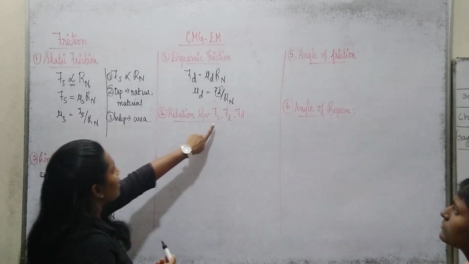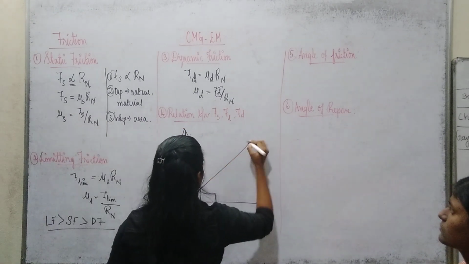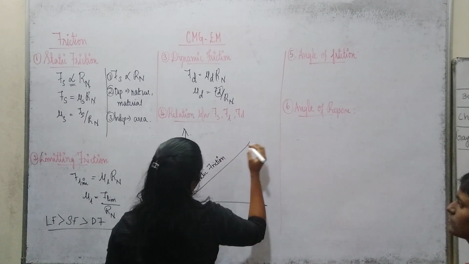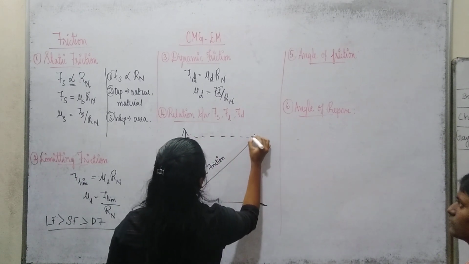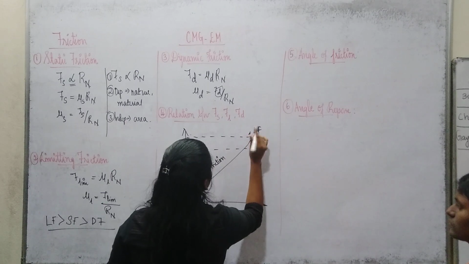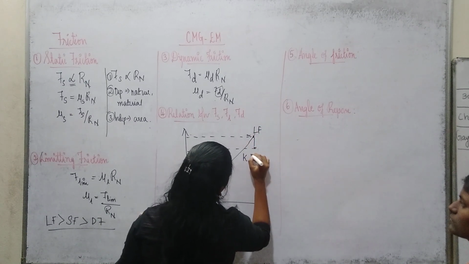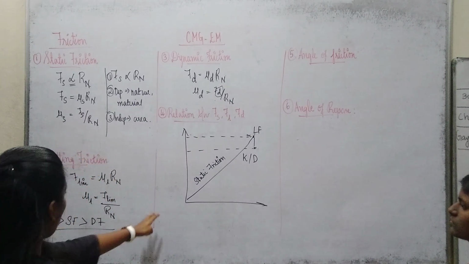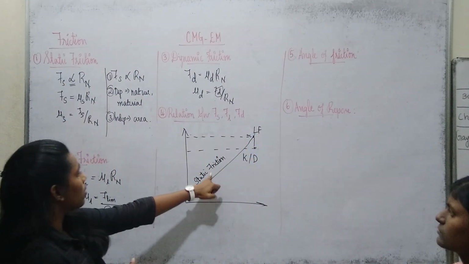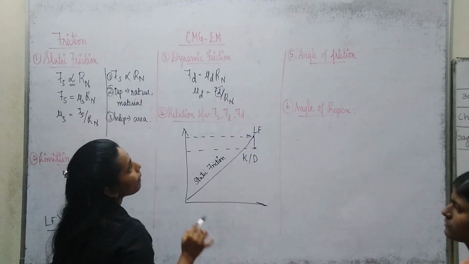Now we will see the relation between static friction, limiting friction and dynamic friction. So this is static friction. This is limiting friction. This is kinetic friction or dynamic friction. So this is how the relation is: we have already seen that limiting friction will be greater than static friction and that will be greater than kinetic friction. This will be the relation and this will be the graph between the applied force and friction. So next one